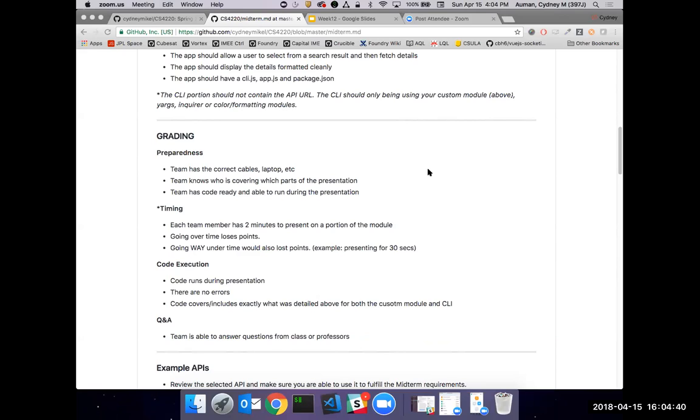So to touch on what that is, we were really looking for your midterm to only be around 200 lines of code. And that may be shocking to some people, but I'm not really sure why, because it only asks for you to implement one search feature, right? We ask that you implement one search feature, so just searching either a TV show, a restaurant, a city, just one item, and to create a custom module to support that search.